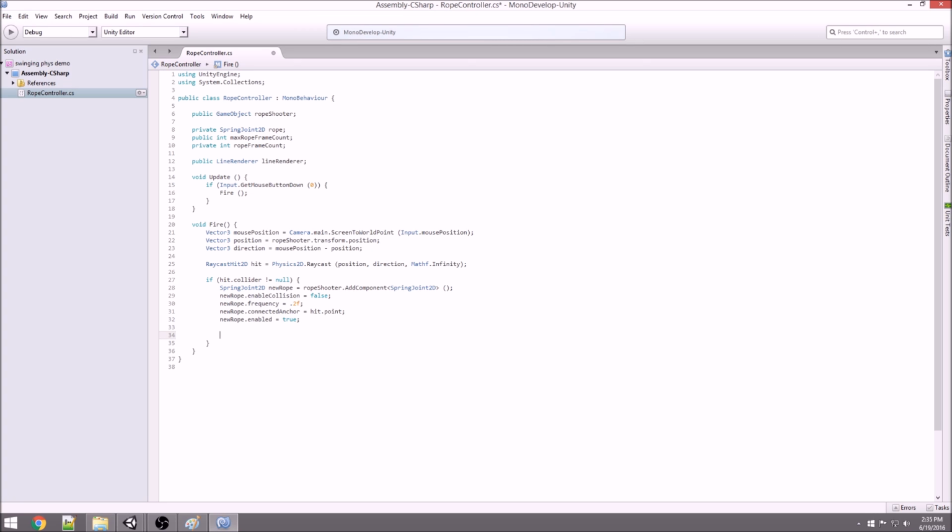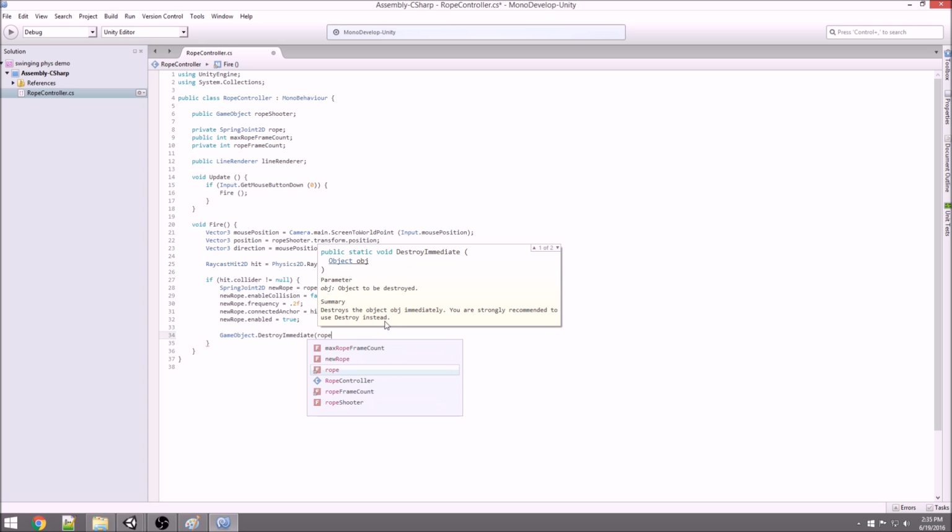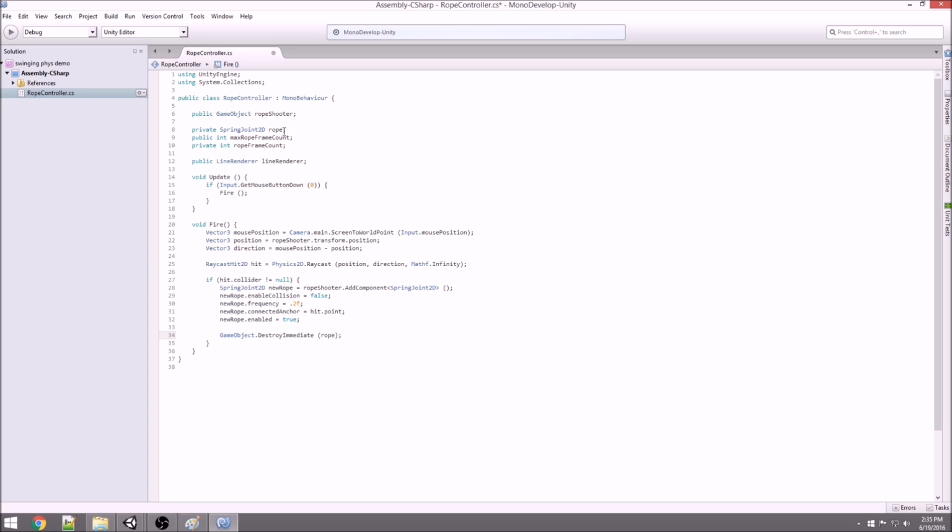So let's come back in here, and since we have a new rope, we're going to say GameObject.DestroyImmediate the current rope. Then we're going to say rope equals new rope. So now we have a reference within the file to that rope. And then we're going to reset the rope frame count, which again we haven't set up yet. Okay, so now that we have that, let's go back up here